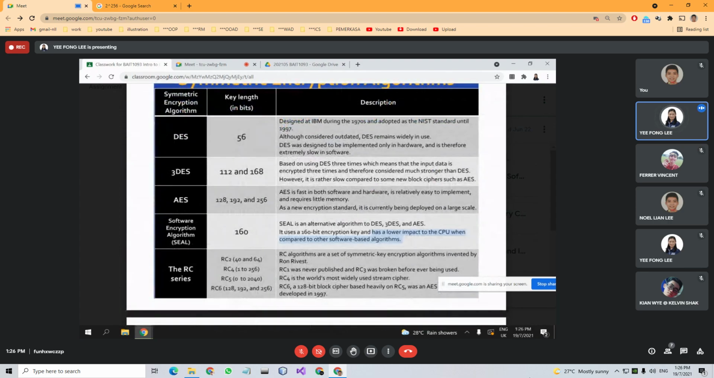This is the brief description of the symmetric encryption algorithms. So you look at the key length there. Okay, you look at the key length: 56, 112, 168. You look at the numbers, they are different. So when we compare the popular ones nowadays, DES, of course, and then triple DES, and then AES. So this DES has a 56 key length,